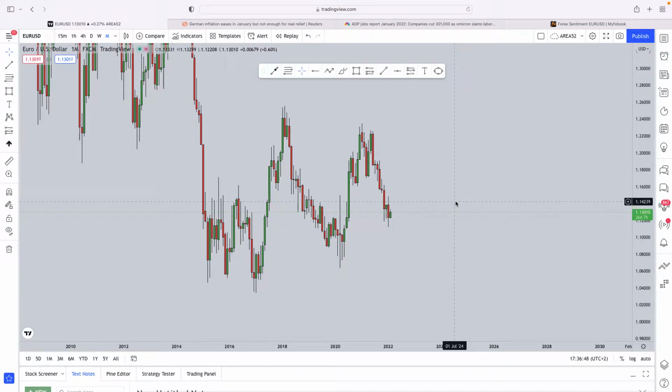Today we're going to take a look at the Euro USD from an order flow, fundamental, as well as a